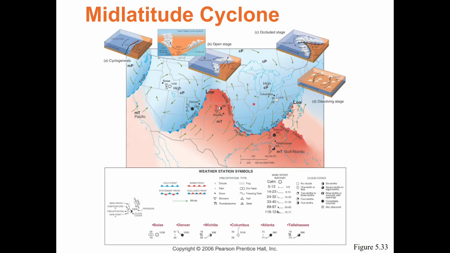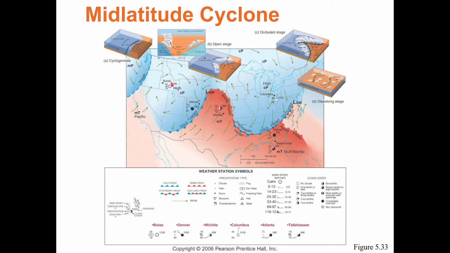And then after the warm front goes through, the wind is going to shift, and now the wind is coming out of the southwest, and it's warm and it's moist. And then after the cold front comes through, it's going to get really cold and really dry. Like the dew point's going from 69 down to 46. The temperature's going from 78 down to 47. The wind is coming out of the southwest,